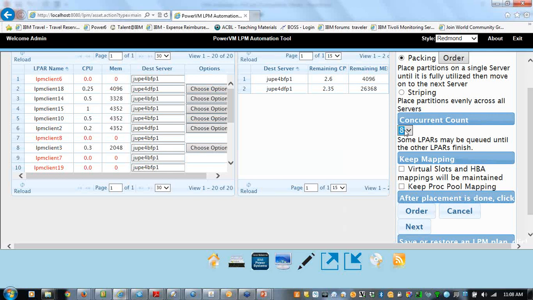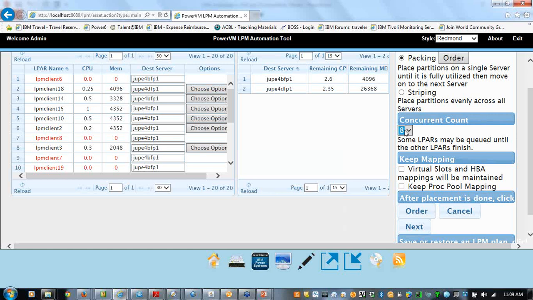This is on the LPM away, and I've had some customers say, I have a pod of systems. There are 4 servers in my pod or 5 servers in my pod. All the VIOSs are built equally. I have all these different virtual slot numbers that are unique across these 4 or 5 servers in a pod. I have the same number of HBAs in each one of these servers. I have the same number of VIOSs in each one of these servers.